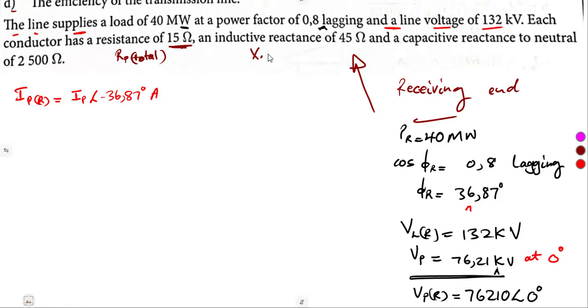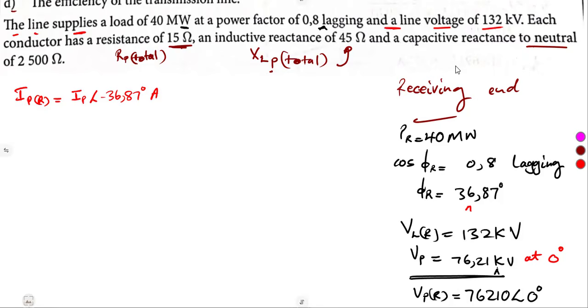We are dealing with the phase values. So this is the total inductance that we are given, as a phase value of 45 ohms, and a capacitive reactance